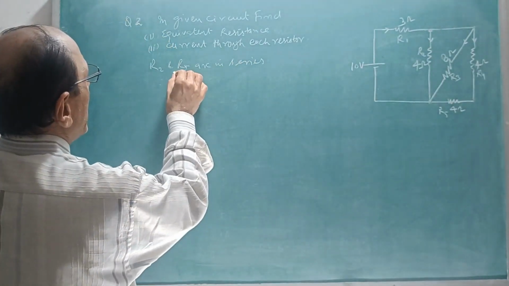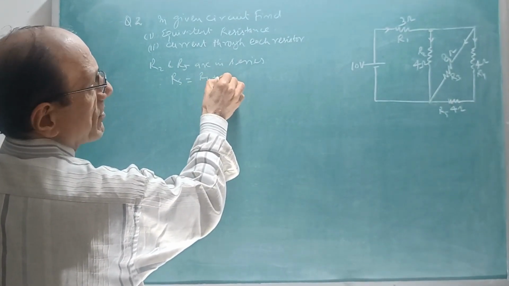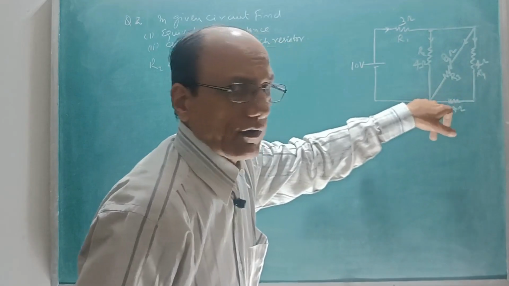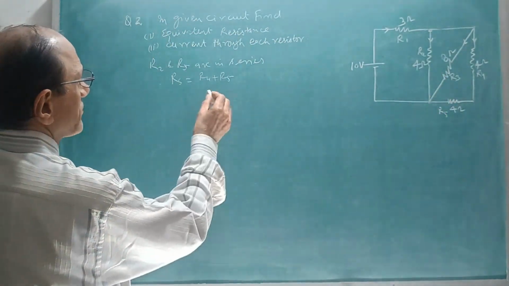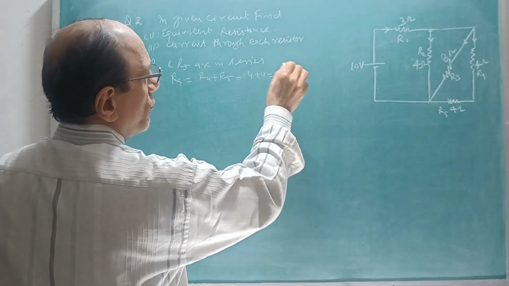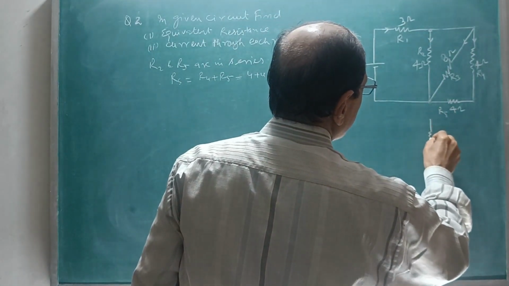That means R series will become R4 plus R5. These two are in series, so the sum of these two will be the R series. That is equal to 4 plus 4, that is equal to 8 ohm. And now the equivalent circuit will become